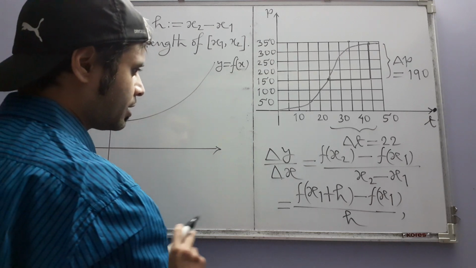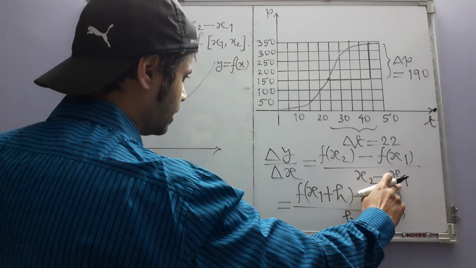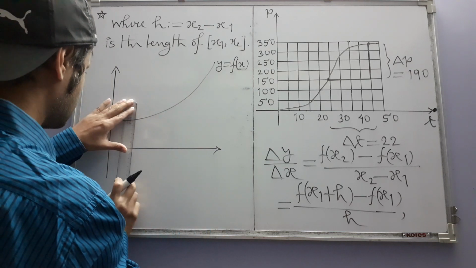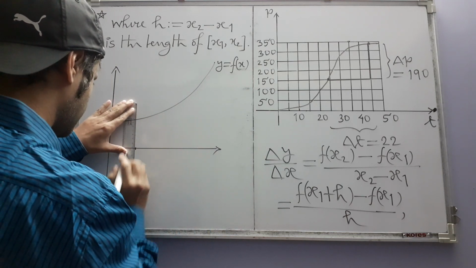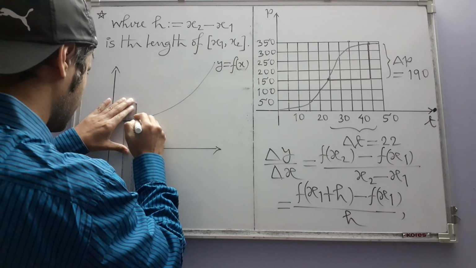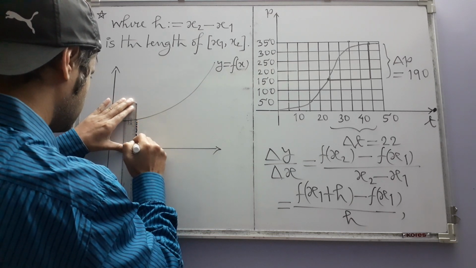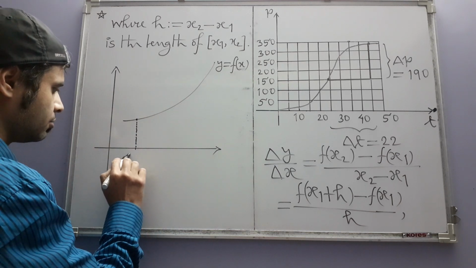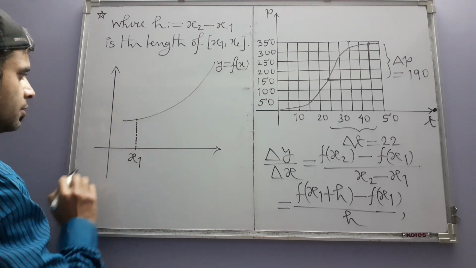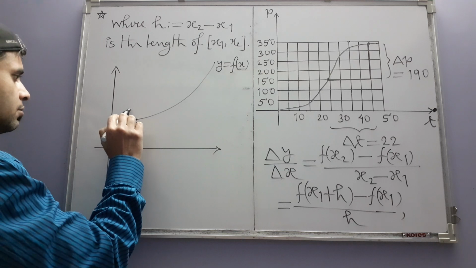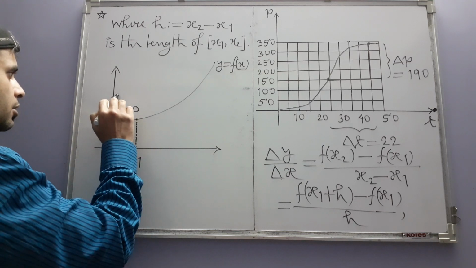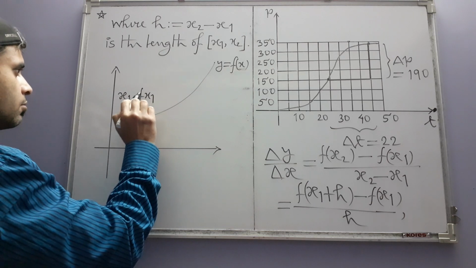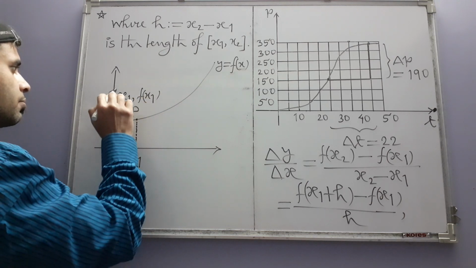Now, the point that corresponds to the input x1 on this curve is this. So, this is the point x1 and this is the point on the graph corresponding to x1. This is P and its coordinates are of course x1 comma f of x1,